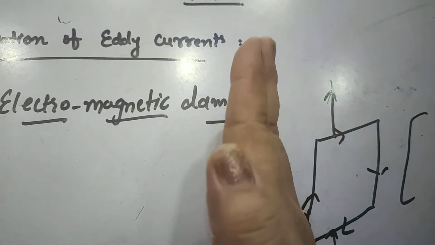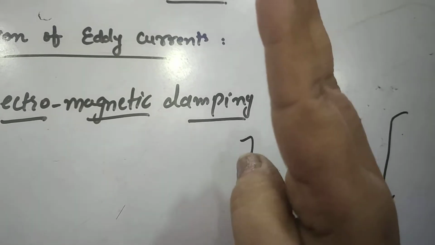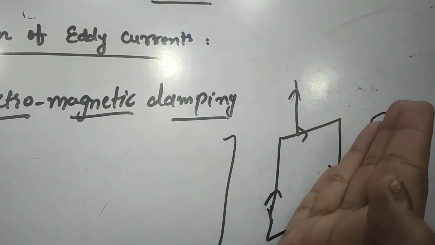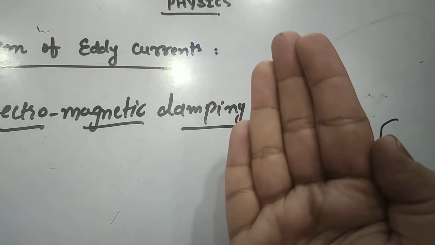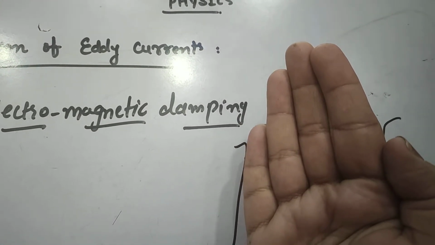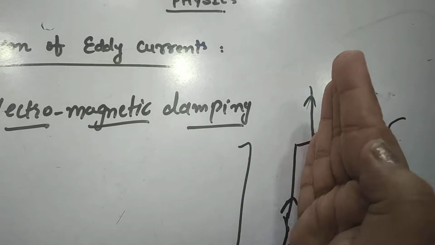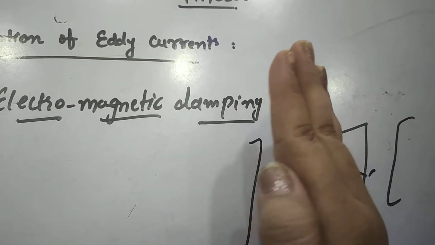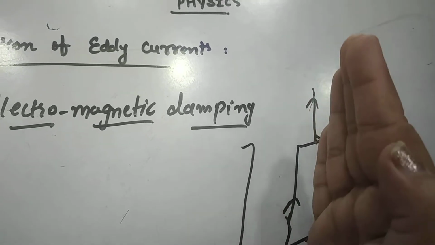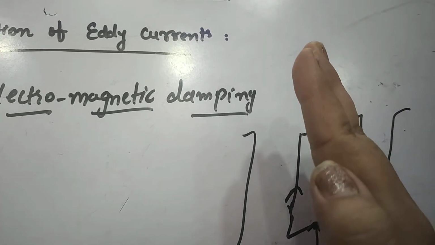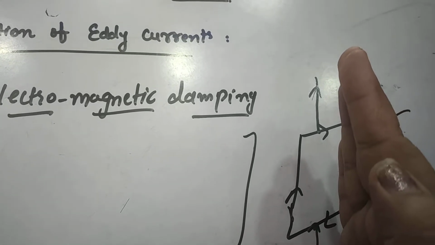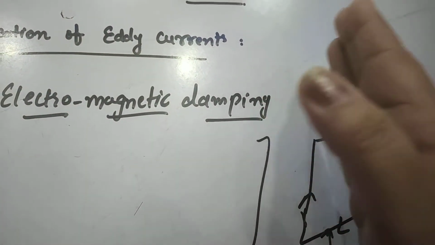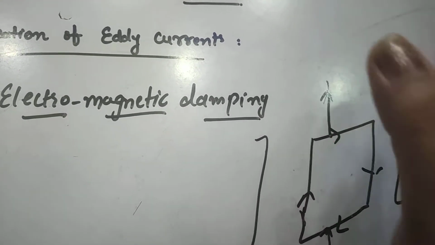If you hang a coil and it oscillates due to the current, it changes its position to this position, suppose like this. Due to the torque, a restoring torque is produced, and it wants to come back to its position, but it will oscillate like this. So it is difficult to take the reading at any instant. We have to wait for some time until the needle points to a specific value of current.